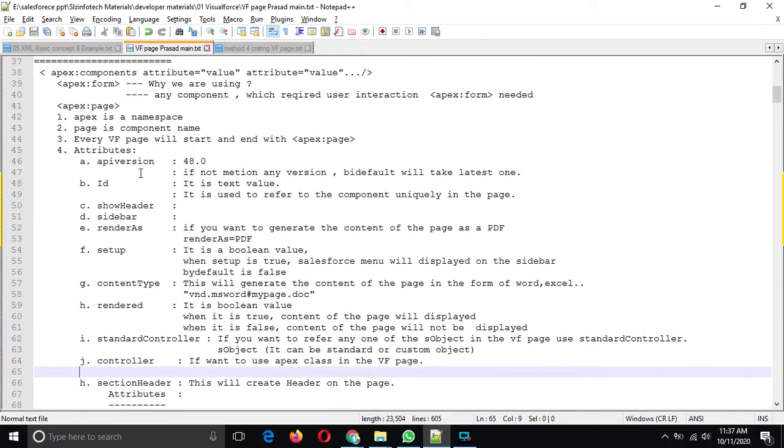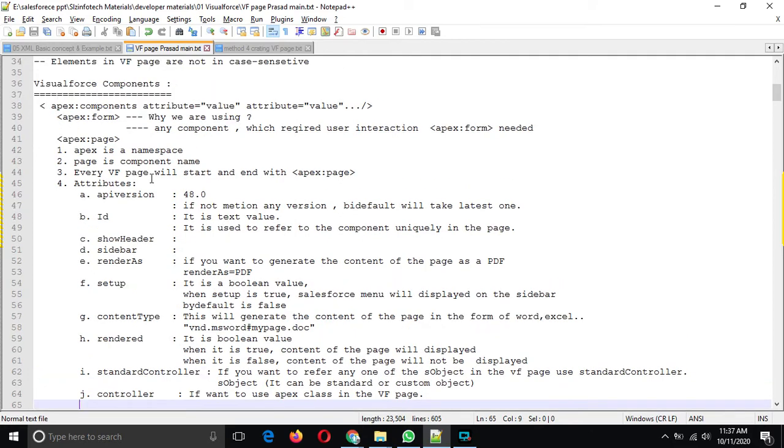The moment we create a new Visualforce page, by default we get the opening tag and closing tag, apex page.